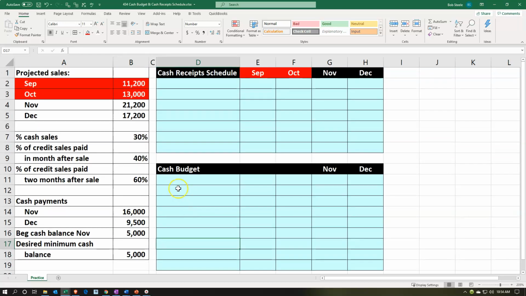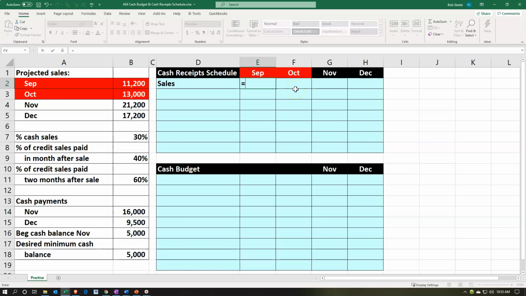So we're going to then go back up top. We're going to take a look first at our cash receipts schedule, starting off with the sales. So we're going to pick up the sales. Sales isn't the cash receipts. That's going to be the sales item on an accrual basis, but they will be used then to think about our receipts. We're going to need to think about this back through September, because those sales that were made on credit, we're going to assume that we collect on them up to 2 months after the sale took place. So although we're not doing a projection for September and October, we're going to be picking up those sales numbers back in those time periods